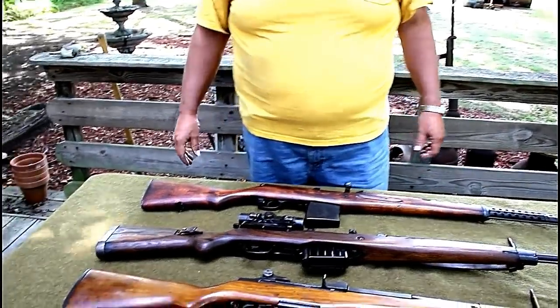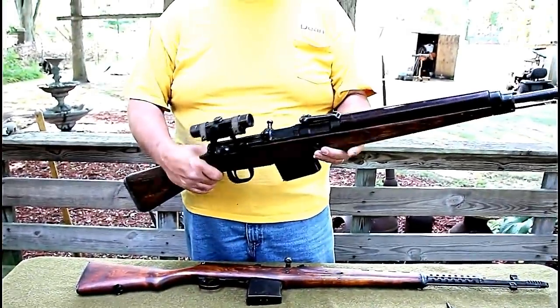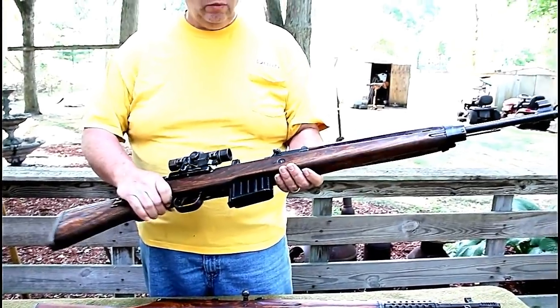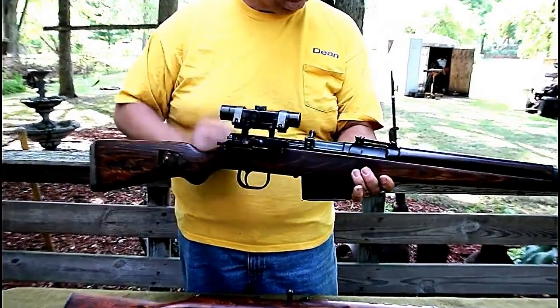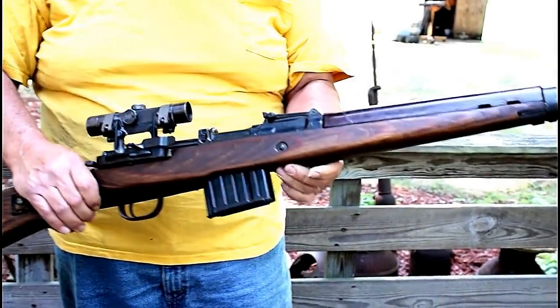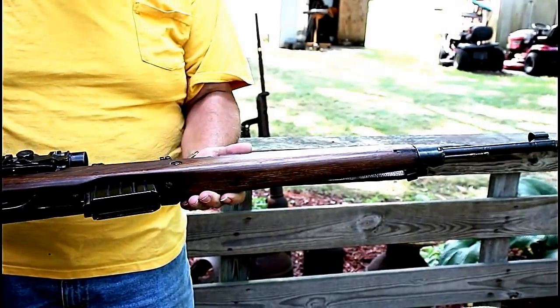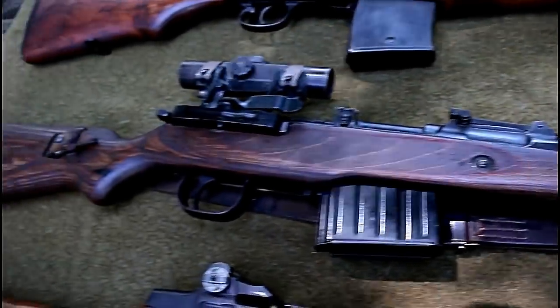All right, so what do we have there, the G43? This is the G43. The Germans started developing the G43 at the outbreak of the war. They did a couple different things that didn't work out real well. They captured some of these SVT-40s and used a similar gas system as the SVT-40 when they came out with this G43 rifle. It has a small scope on it, a 4-power scope, and it was used for sniping and